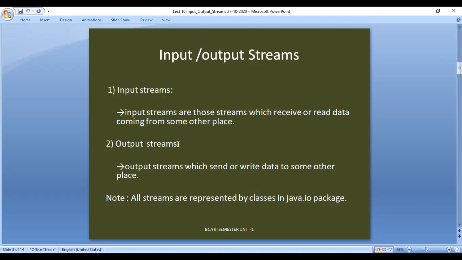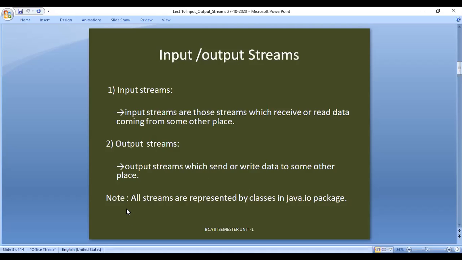Now coming to the output streams, they will send the data which is received through the input streams. They will send the data onto output devices like monitors.